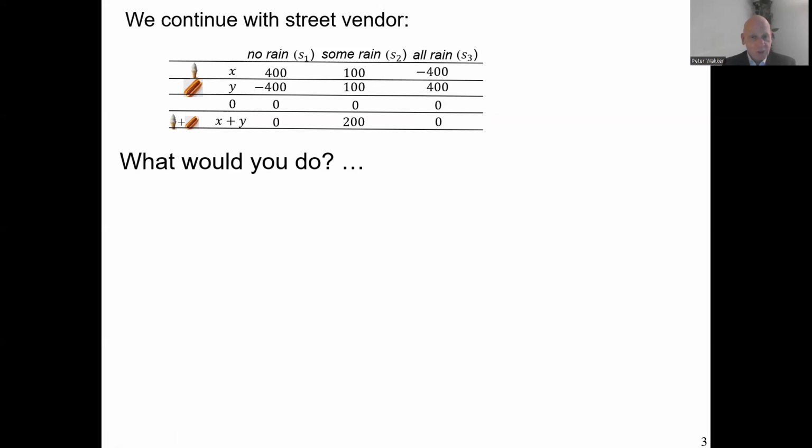But I assume that many listeners immediately noticed a very weak point in what I did. I was just assuming these probabilities 1/3, 1/3, 1/3 for no good reason. Why would these events be equally likely? That need not be the case at all. If you look at the weather condition and how it will be tomorrow at the beach in the North Sea, then no rain may be much more likely than some rain, and all rain may be very unlikely. It depends on the weather conditions, but these events need not be equally likely.